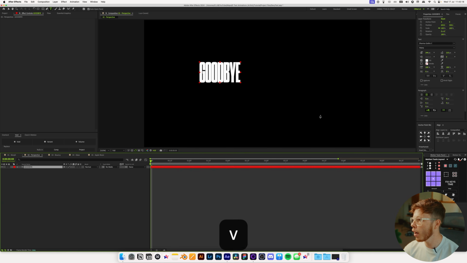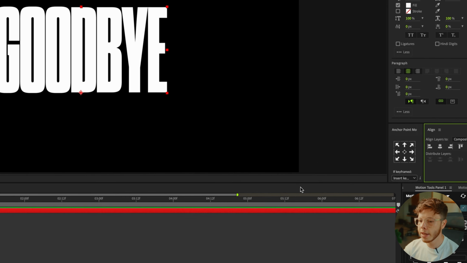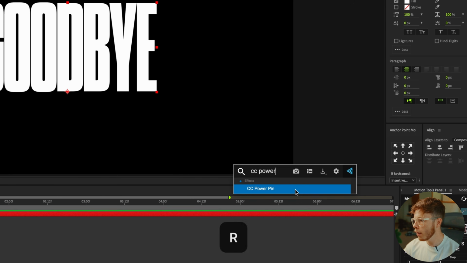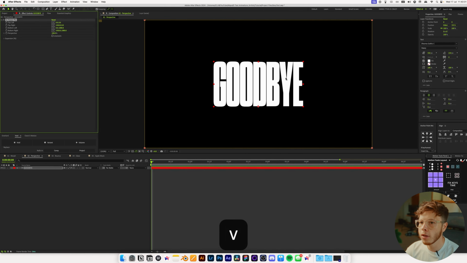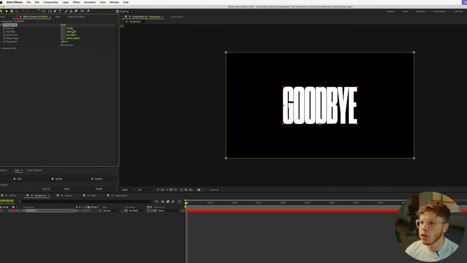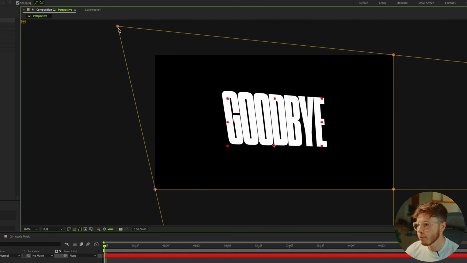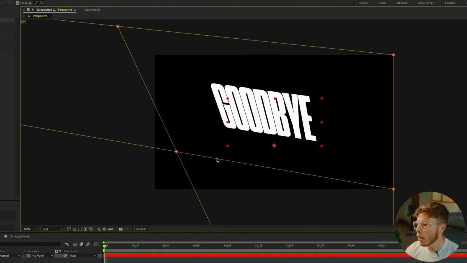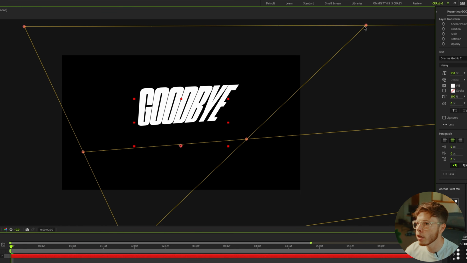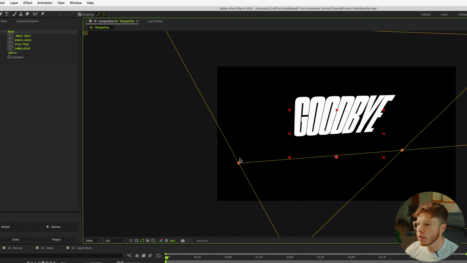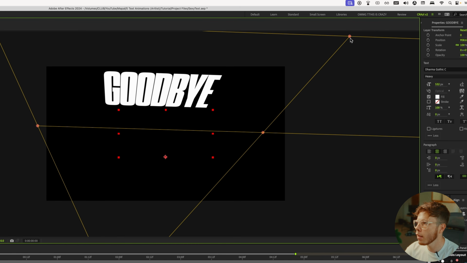And we don't need that extra eye. But we can scale this up, and I'm just going to center this up, and then I'm going to add the CC power pin effect to this. And you can see it gives you this little orange line out here. It might be a different color for you, but essentially what it lets you do is move these things around, and these power pins, I suppose you can call them, and it lets you put all the text into perspective so you can get some really cool looking distorted scenes. You can put it up in the corner, and this is all cool and dandy,